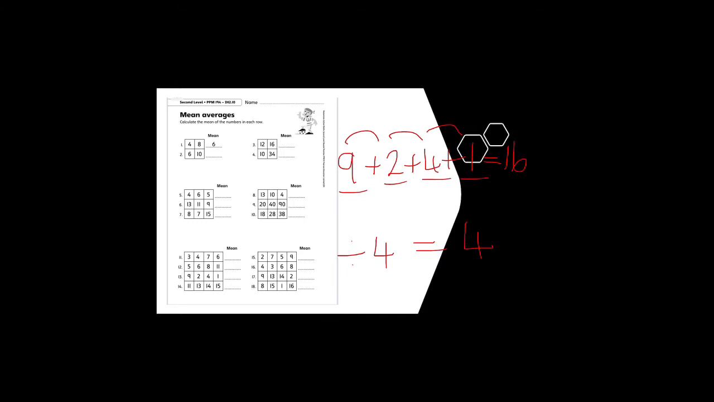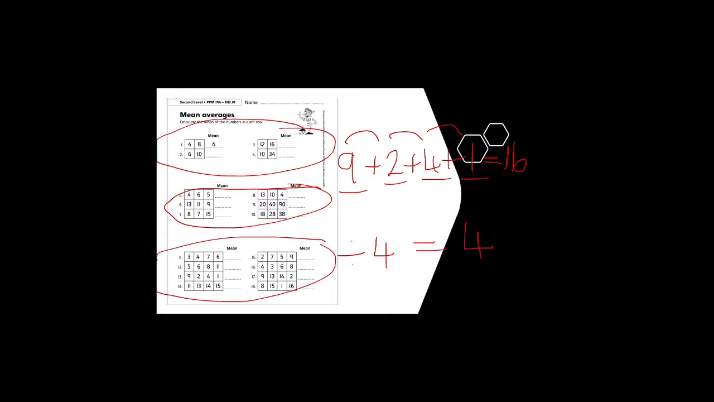So to find the average, boys and girls, we first of all have to add up the numbers in the set, and then we have to divide by the amount of numbers we had. So for these questions, we'll be dividing by 2 because there's 2 in each set. For these questions, we'll be dividing by 3 because there's 3 in each set. And for these ones, we'll be dividing by 4 because there's 4 in each set. So we have to first of all add together, and then we have to divide to find the mean or average of a number. If you could go ahead and try that, boys and girls,